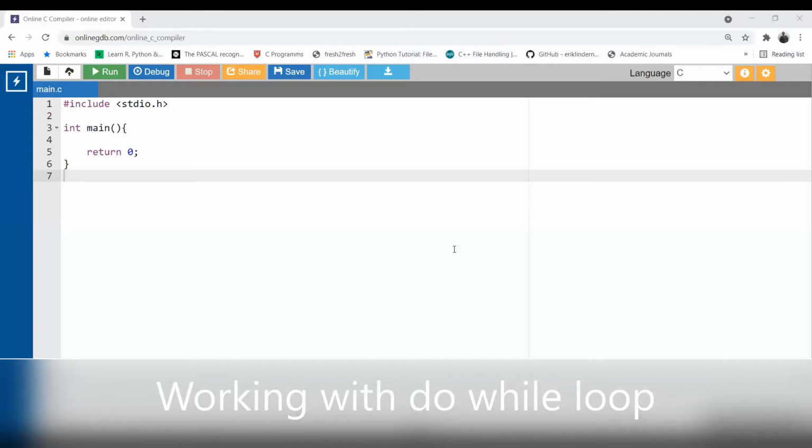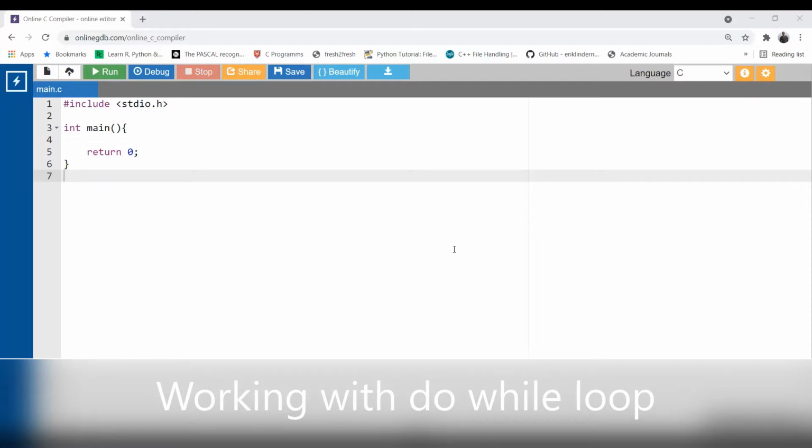Welcome back, everyone. Now, this is the third part of the loop. If you did not see our previous two lectures on for loop and while loop, please check the description of this video. You will get the link of those previous two topics. That is also needed to understand, because do while loop is going to work in a different way. The for and while are quite similar, but do while loop works in some different way. So if you did not see those earlier two lectures, check the description of this video. You will get the link of that.